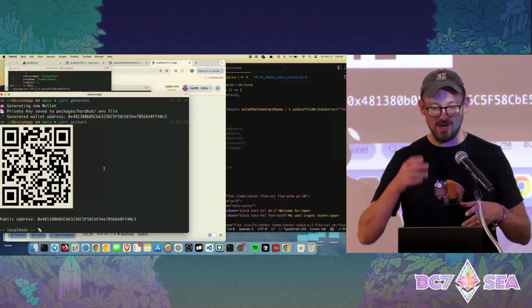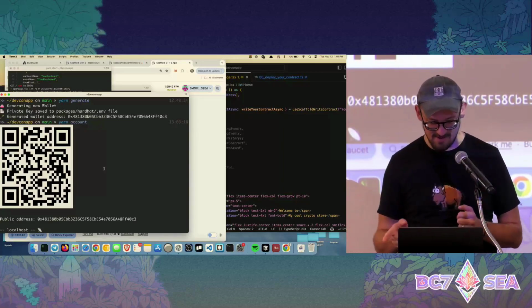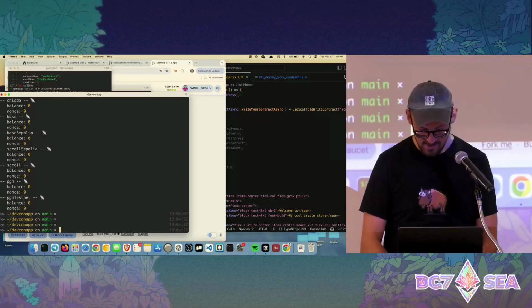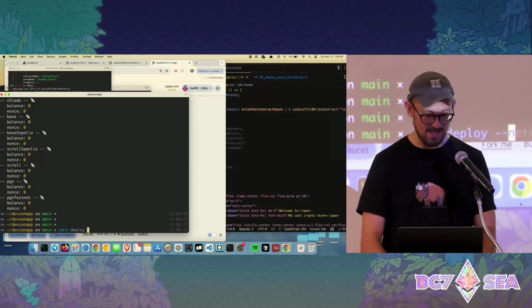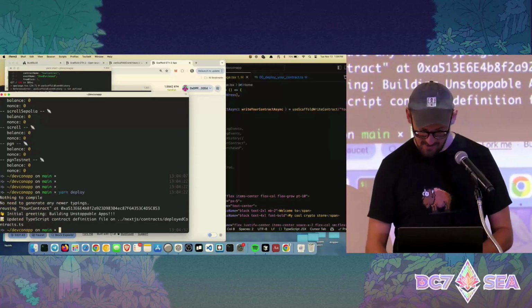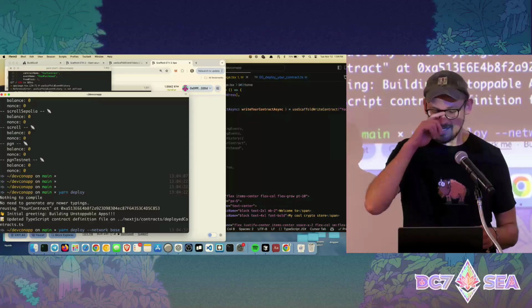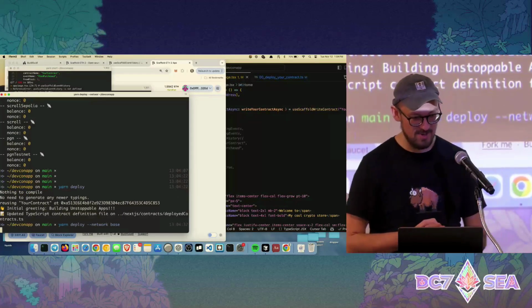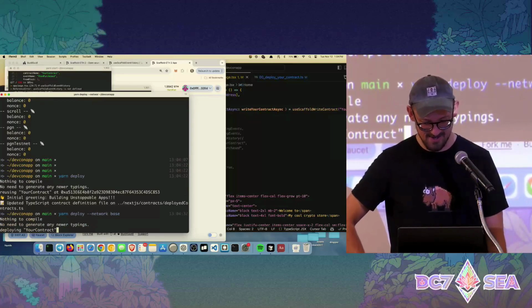Okay, so now we have our smart contract ready to go, and I just sent a few bucks to this deployer account. So now I'm going to do a yarn deploy. Yarn deploy is what I've been doing this whole time, right? If I hit yarn deploy, it's just going to deploy it locally. But if you do yarn deploy --network, and then pick whatever network you want to deploy to, let's go to Base. Hopefully this will deploy our smart contract to Base, a live network. We're going to spend real money, and we're going to deploy a real smart contract to a live network